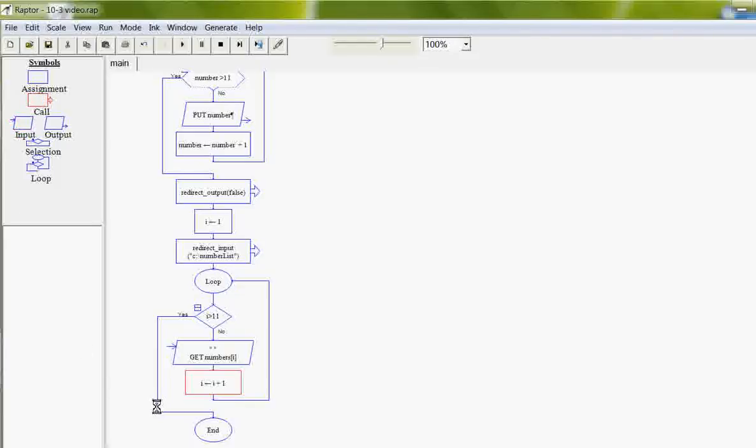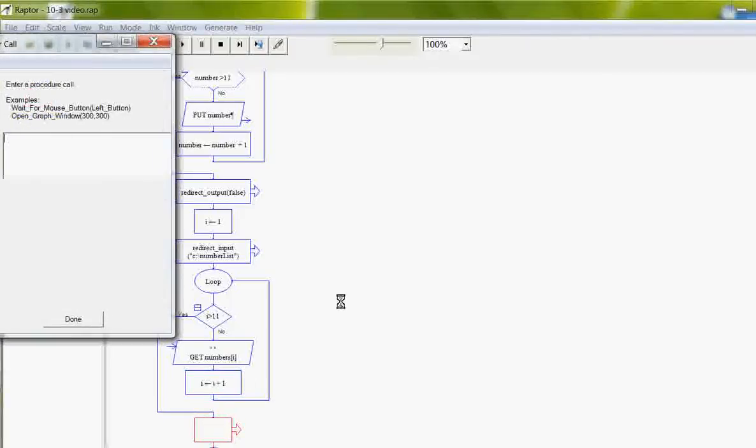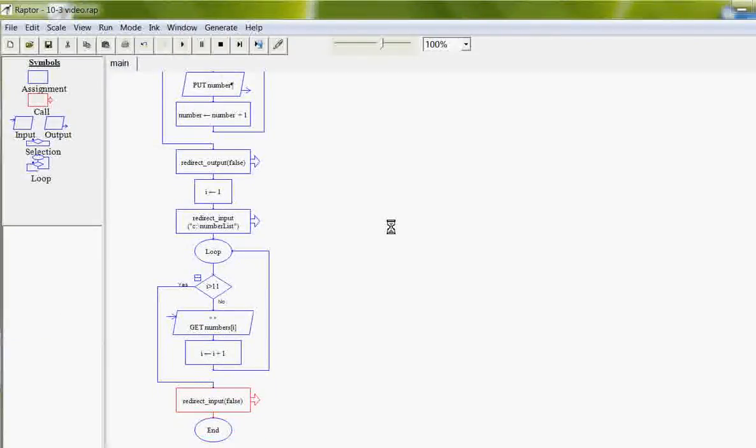So on the no path, another call statement where this time I'm going to set the redirect input to false. Or you could use yes or no. So that says that at this point it is being redirected. Any input that I should do in the program will come from a dialog box rather than from the file. So I've closed it down, and the only thing left to do, since I stored all those values that I